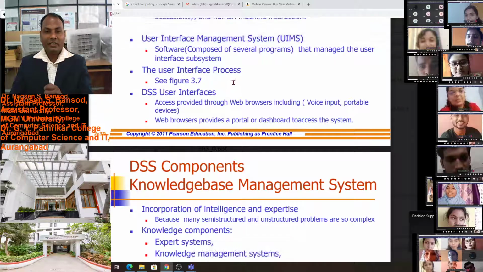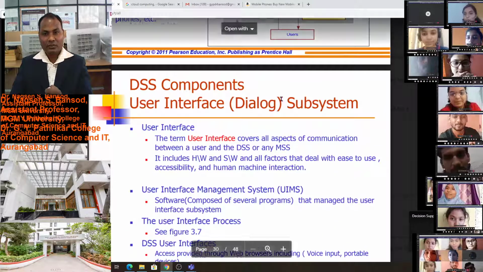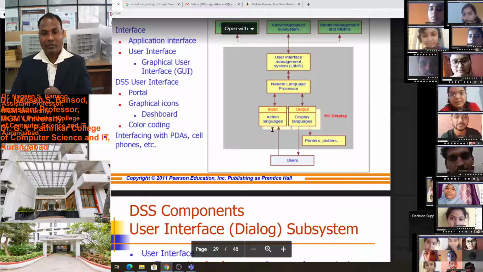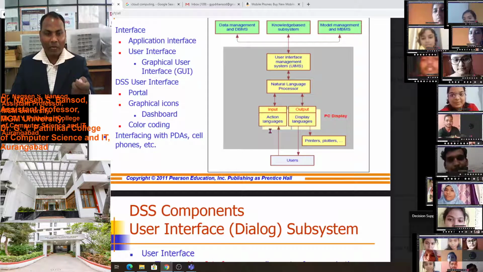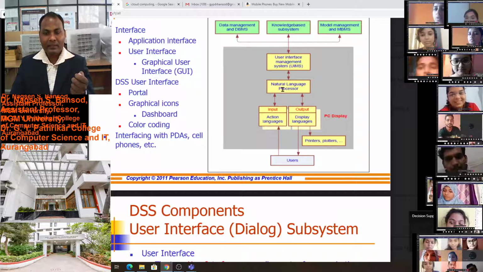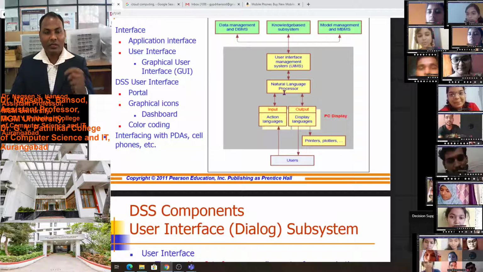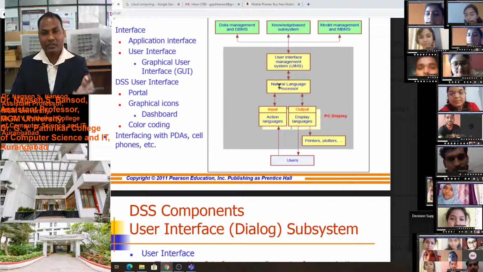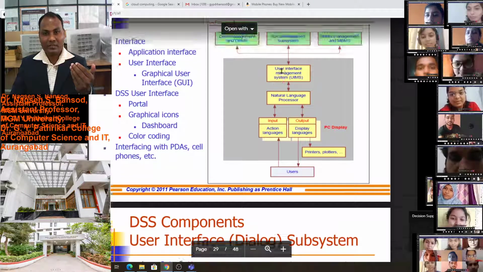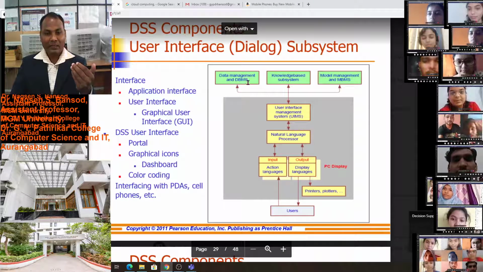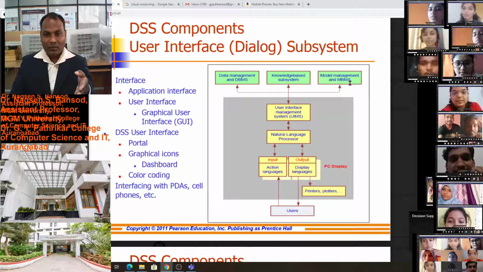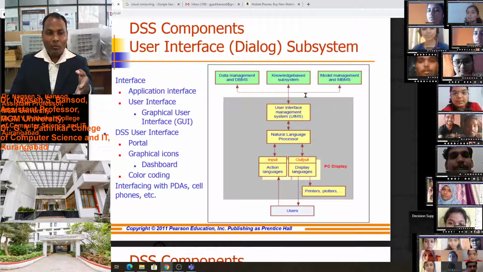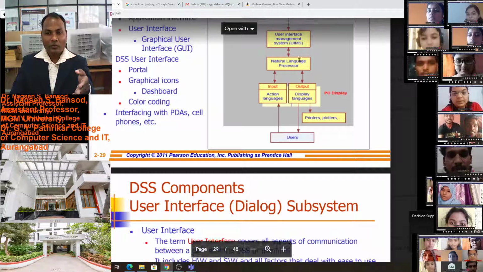The user interface process is shown in this diagram. The user will provide the input in their own language, and then the natural language processor will convert it into the system's user interface, according to the data management system, knowledge management system, and model based management system.